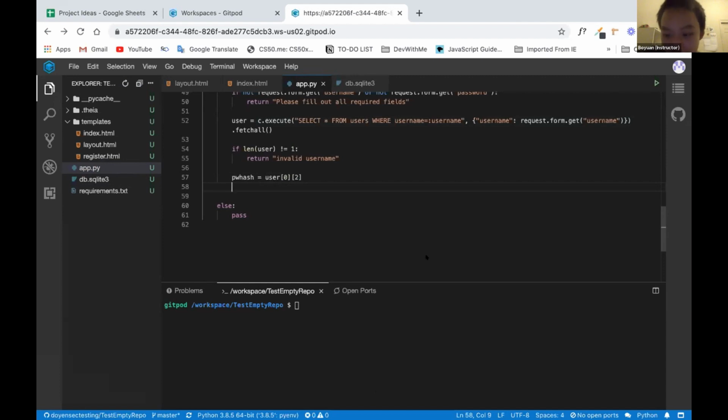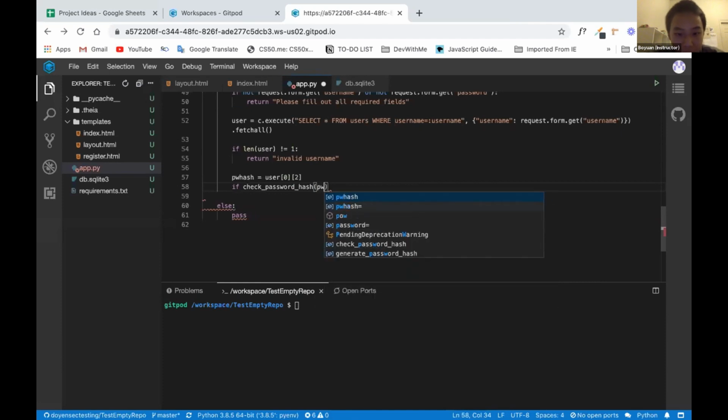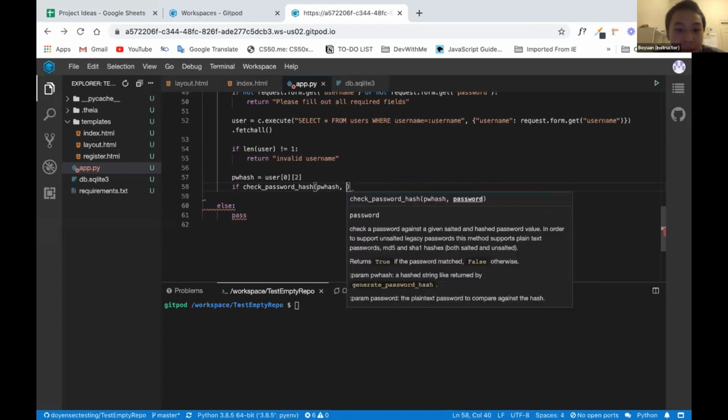So they're actually counting. Okay, not surprising. All right, password hash. So password hash is more like, again, the hash that we stored along with the user's information. And then here we'll say: if check password hash, we'll put our password hash in here, and then